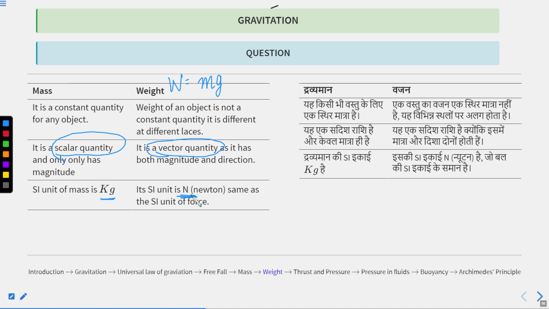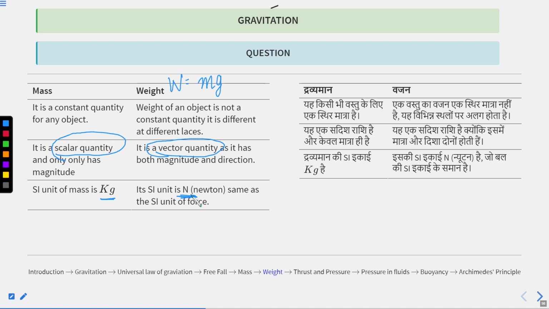Mass is how much matter is inside a body, whereas weight is the force exerted by a body due to gravitational force. Mass is the measure of inertia, whereas weight is the measure of gravity. Mass is constant, whereas weight varies from place to place. Mass only contains magnitude, whereas weight contains both magnitude as well as direction. The SI unit of mass is kg, whereas the SI unit of weight is